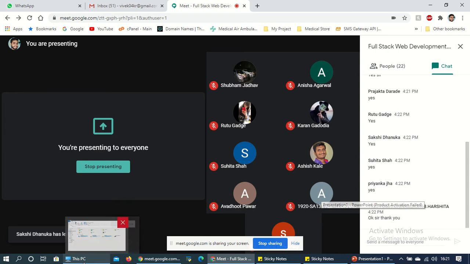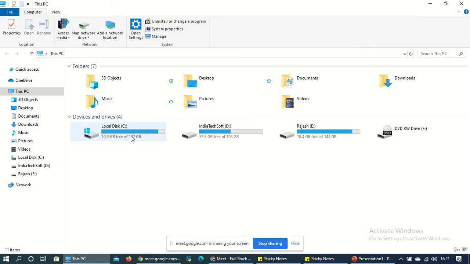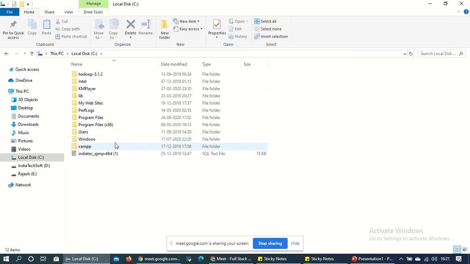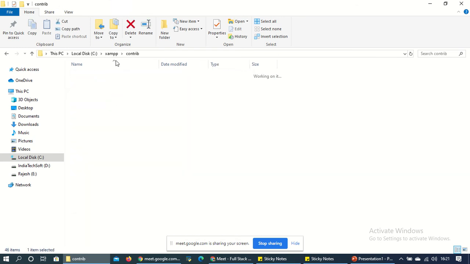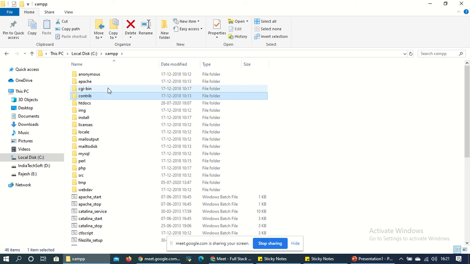I'll go to my PC's C drive and into XAMPP. Yesterday I created one folder, a project name, in htdocs.